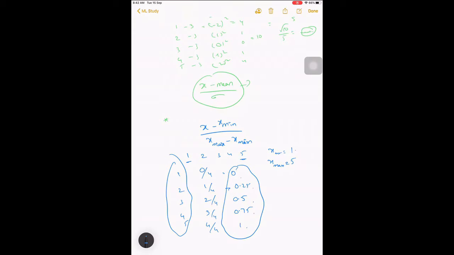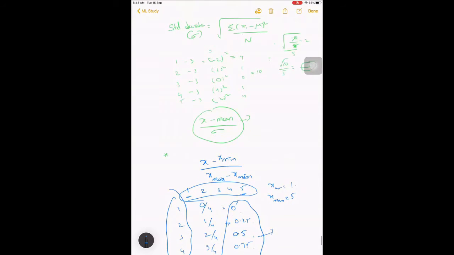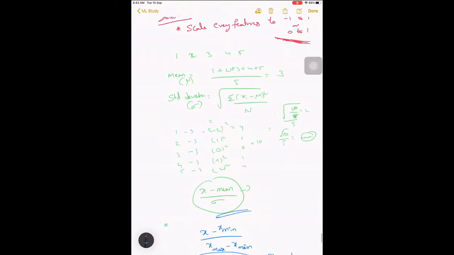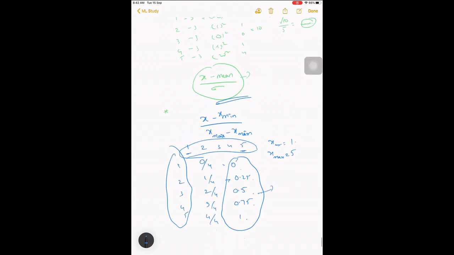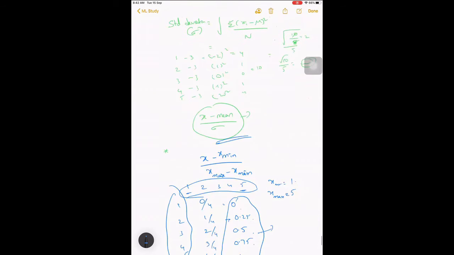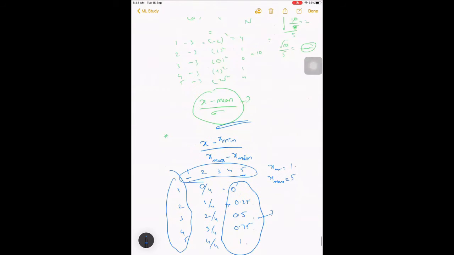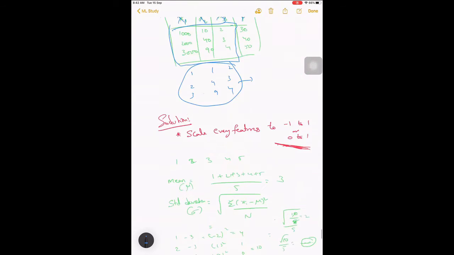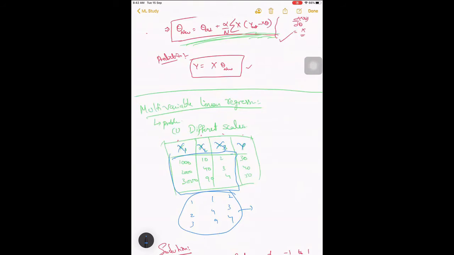If you see, this is in a different scale. Now this has become a 0 to 1 scale, right? So this is one more way. Usually people use this method. Using this kind of scaling, we achieve 0 to 1 or -1 to 1, within that range. Why do we need this? This is also important. Different scales.